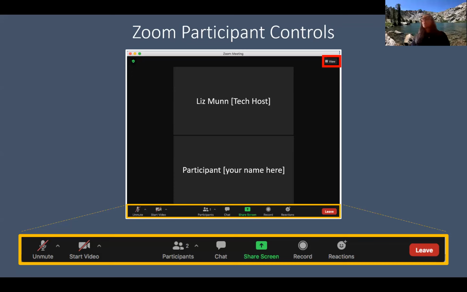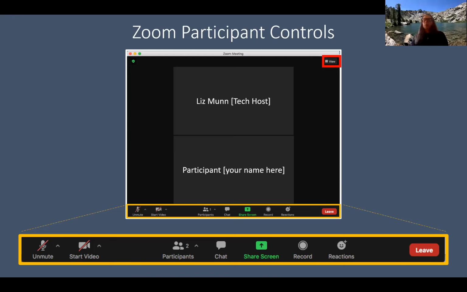You can click the participant box and see all of those that are participating, open up the chat window, and use reactions if you'd like to raise your hand for questions later on, or give a thumbs up if you agree. If anybody has any questions about how to use Zoom, you can put them in the chat box or raise your hand, and Liz Munn, who is helping us from the tech side, will hopefully get to you.